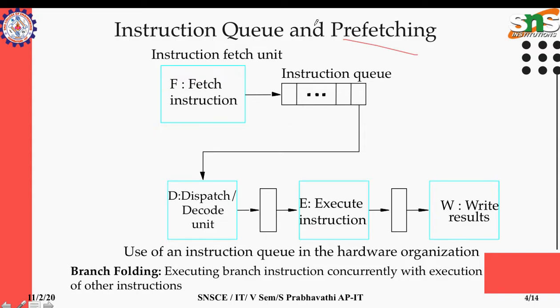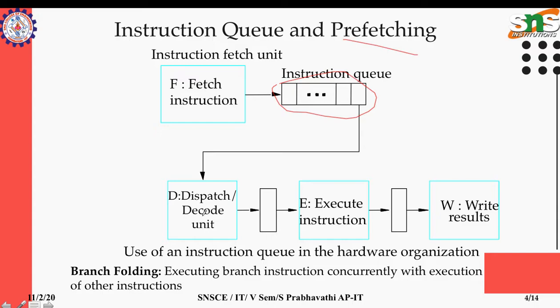The logic behind it is, in the instruction fetch stage, the instruction is fetched and the stage is designed with sophisticated hardware so that it will store the fetched instructions in a specialized queue. The queue has some storage capacity, and whatever instruction is fetched is directly moved to the queue. There is a modification in the decode stage: along with the decoding there is a dispatch unit. The dispatch unit takes the instruction from the queue instead of from the fetch, and it is given for decoding.